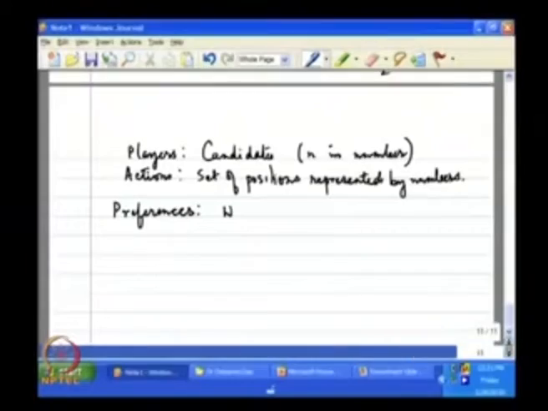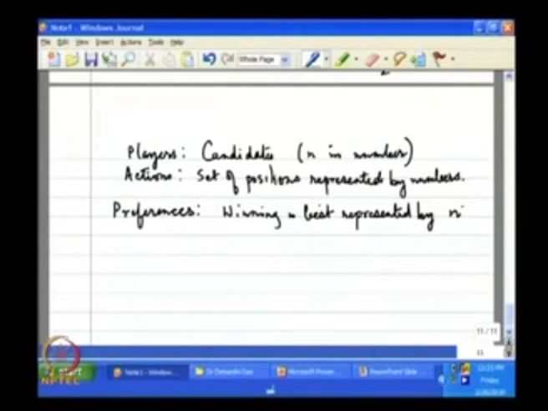So, winning is best. Suppose, by n, if I win, I get n. What is the second best? Second best is that